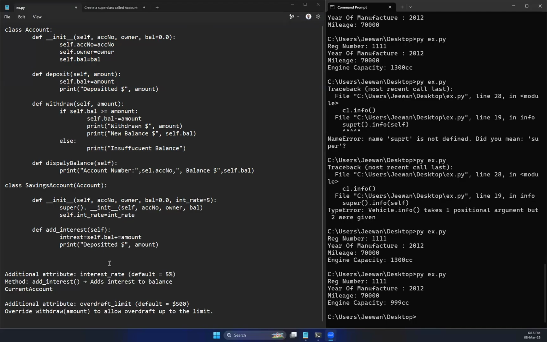Right now, how to calculate the interest? Interest can be calculated by self.balance. Self.balance multiplied by